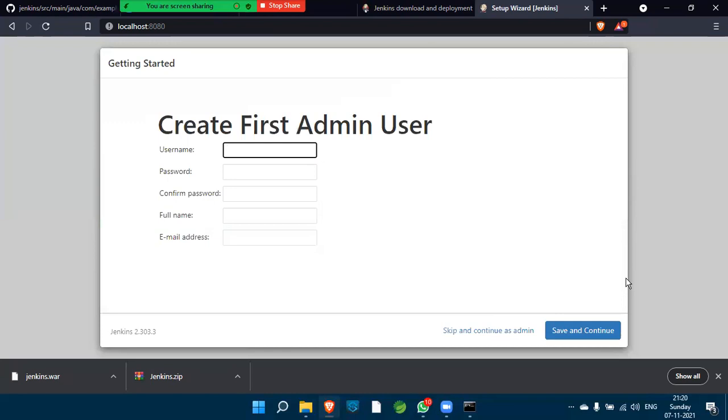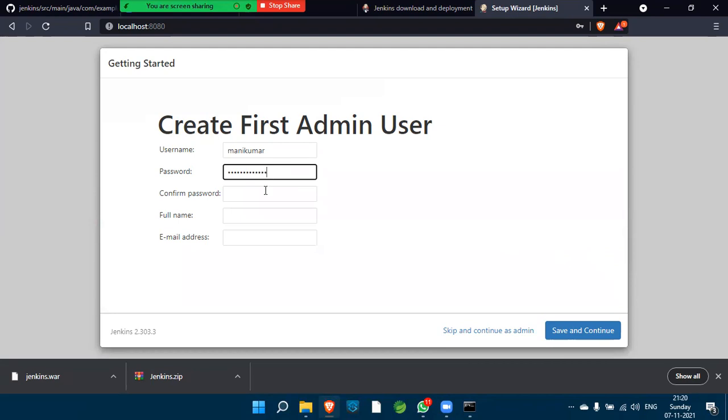It's asking for the username and password for the first time. Please enter your own name. If you want, enter a username. Username Manikumar, and for the password, choose a strong password. Every time you work on Jenkins, it will ask you to log in again.